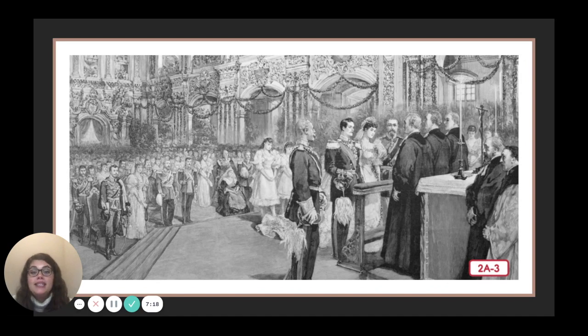When princes or princesses married someone from another kingdom, as in this picture of a wedding between a princess from England and a prince from Germany, it was a very important event. All the most important people from those 2 kingdoms were invited because it meant that those 2 kingdoms were going to be friends in the future.